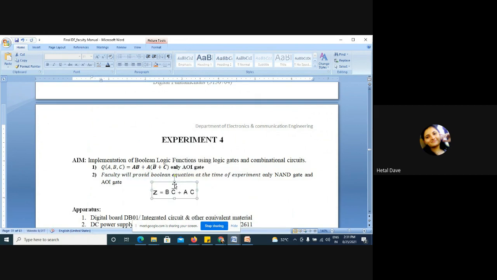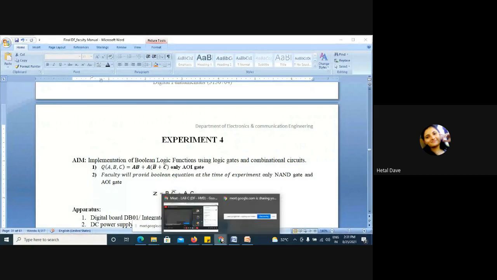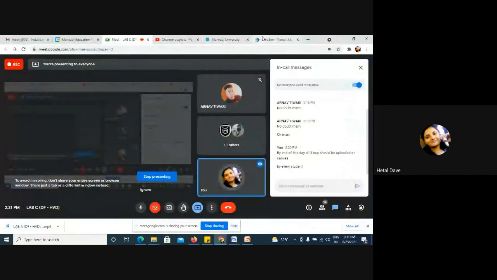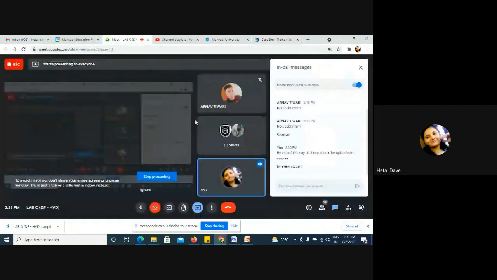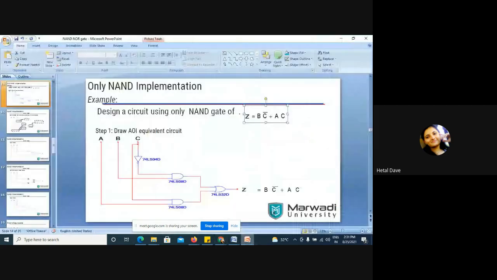What you need to do is the same thing as per 4.1. You will make the truth table, you will make the circuit, and one circuit will be made. You will verify this circuit using this simulator. The truth table and the output of this circuit should match. Actually, you should draw this circuit in your book.